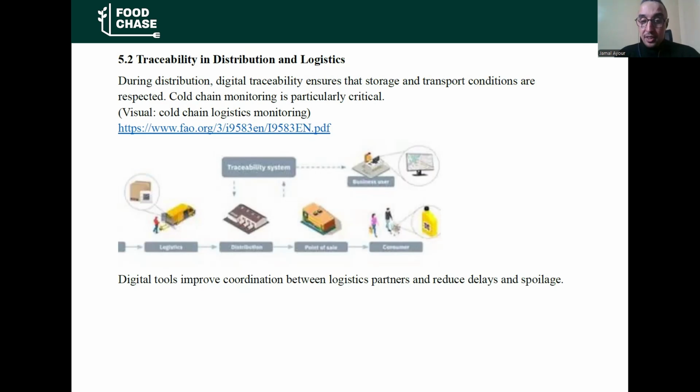Digital tools improve coordination between logistics partners and reduce delays and spoilage of your product, as you can see in this example of a production chain from manufacturer to consumer, and the application of traceability using different tools. The tools used depend on the nature of your activity and the stage or step of your process.